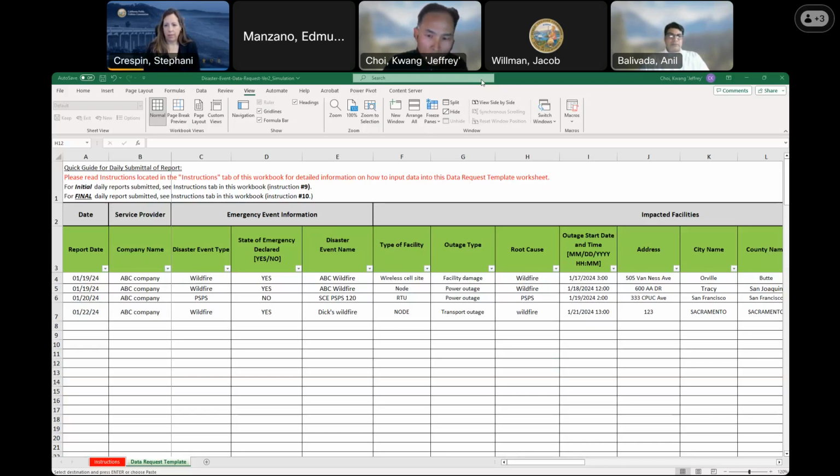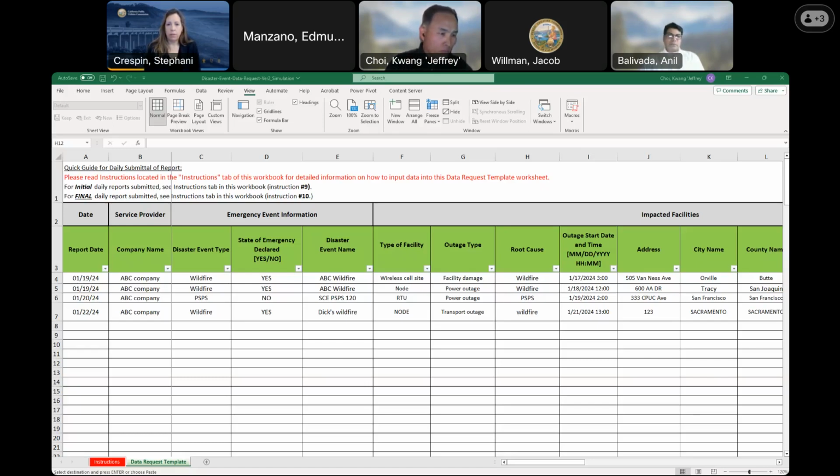I just want to summarize what Jeffrey and Stephanie said. While filling this template, we need to be very careful and read all the instructions on the first tab, and make sure to follow the instructions carefully and provide your inputs as required in the second tab, which is the data request template.